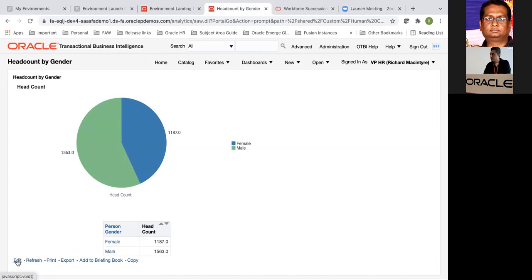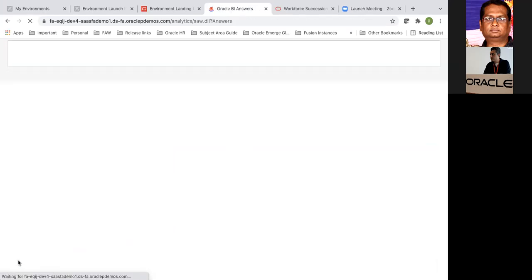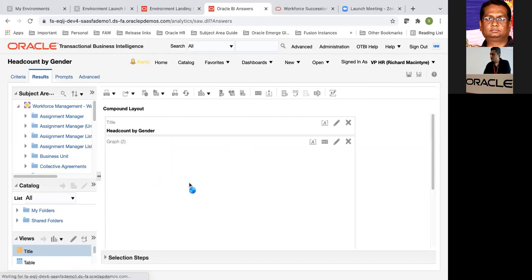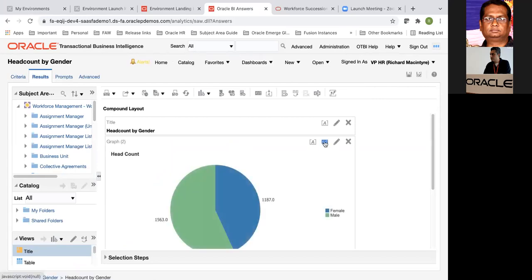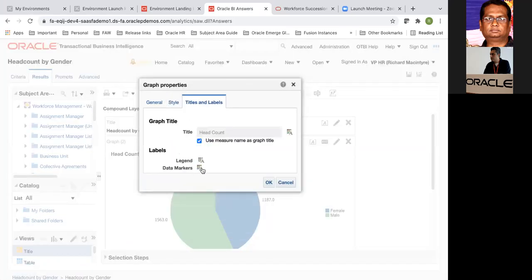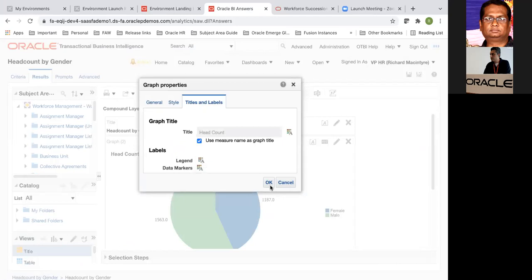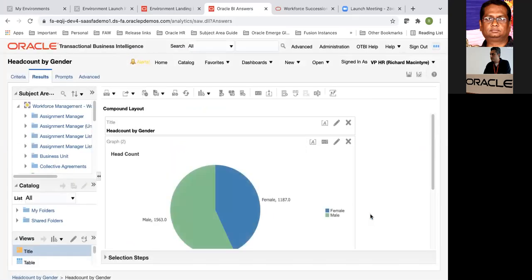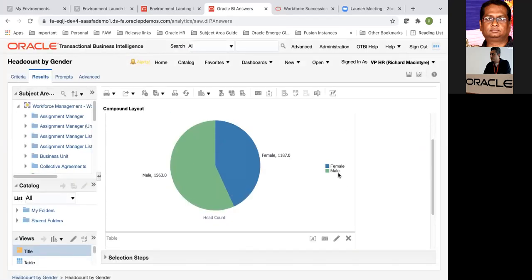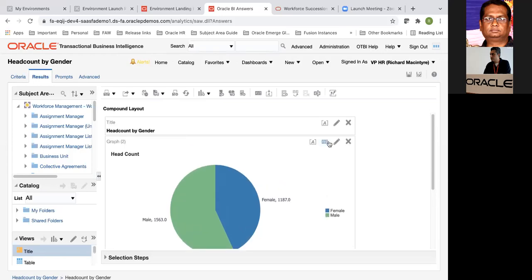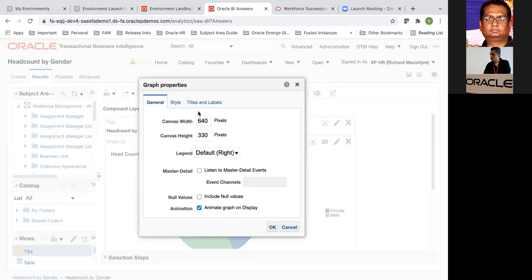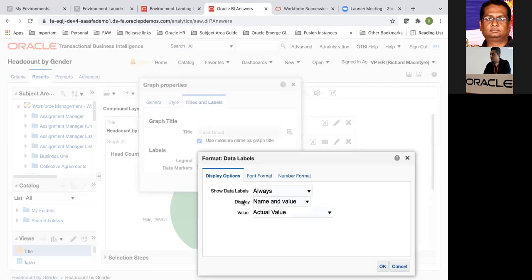Yeah, so that's available. As I said, if you don't specify it, I can show you that. Say, for example, data markers. See, this one is a different category. I'll show you what it does. Here, instead of legend, I don't have to say legend. However, if you are calling it out, you can show only one of them. So now what I'll say is on rollover. Okay, only then.